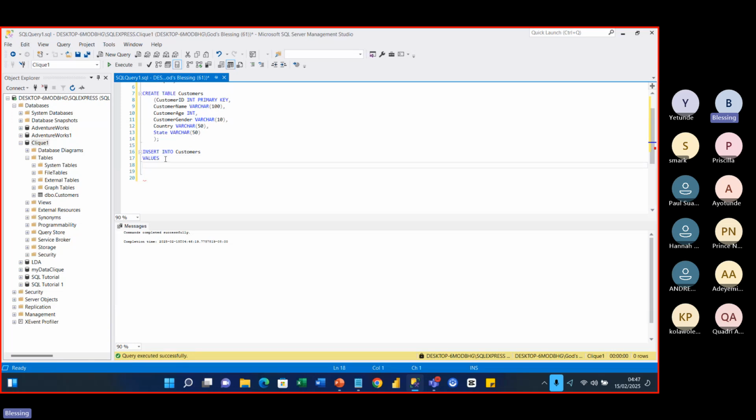I would open my bracket, then make sure that you are following the order of what you put in here. The first thing is the customer ID. So it's going to be 1. I want it to be in that manner. Customer ID to be 1. If you are typing in number, you type it in directly. If you are typing in text, you wrap around a single quotation mark, comma. The next thing is the customer name. So let's say the customer name I want to add here now is John Doe,